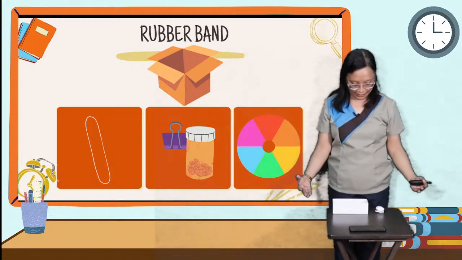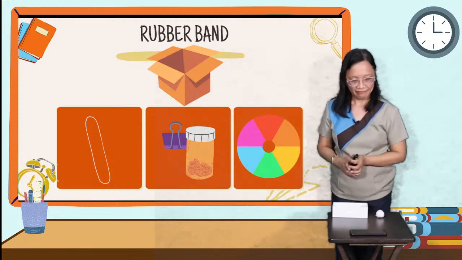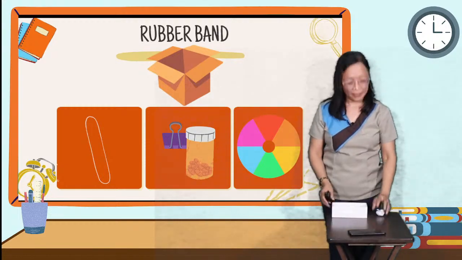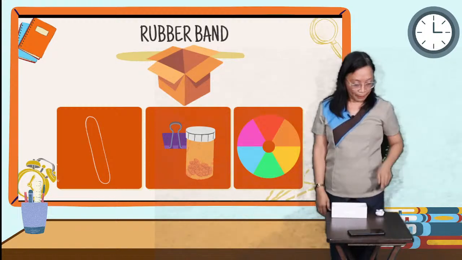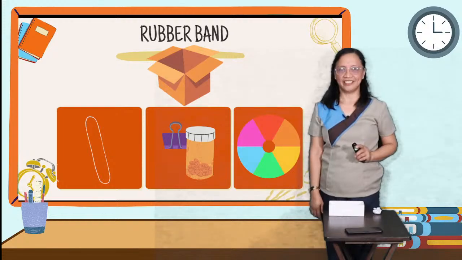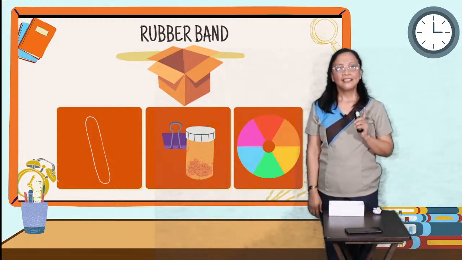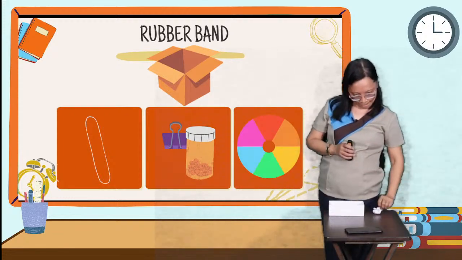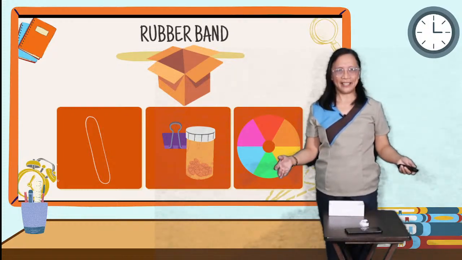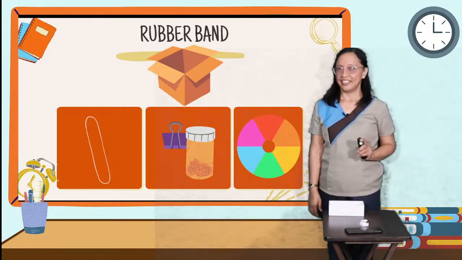On the table, I have the box, the paper ball, and cell phone. Question. Will the paper ball move by itself? Yes or no? Type your answer. Definitely no, it will not move by itself. Now, let's try this. Did you see what happened? Did the paper move? Yes or no? And the answer is